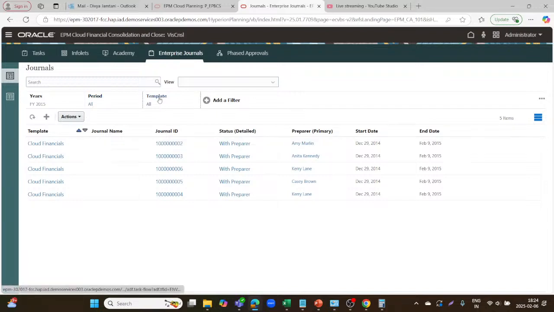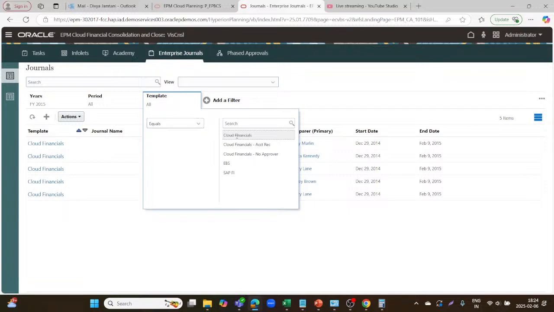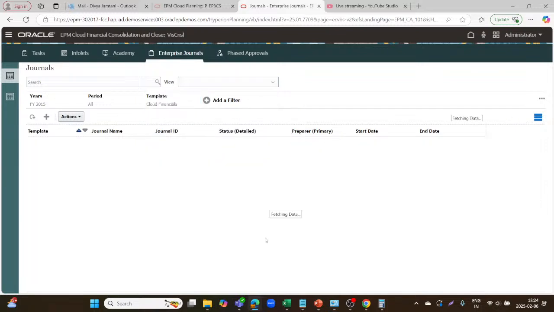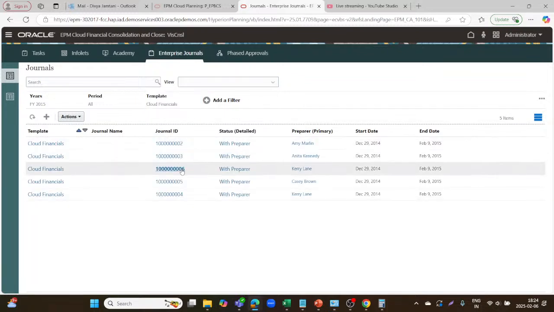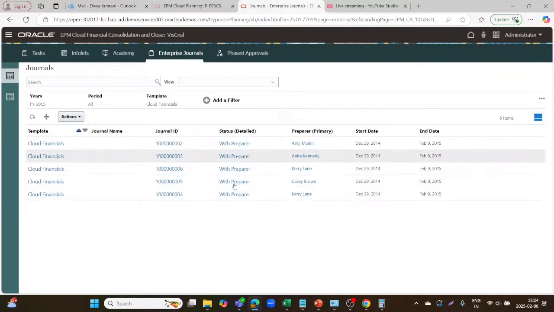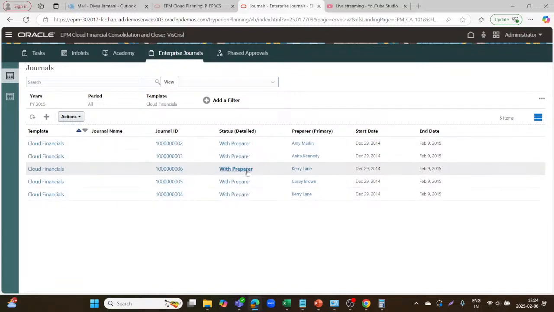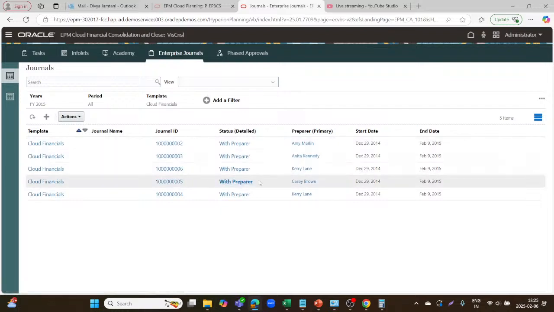Template, if you select, this is just the cloud financials. Yes, so 2, 3, 4, 5 and 6, these 5 templates are attached. So you were seeing 1, 0, 0, 2, 3, 4, 5 and 6. So here if you pick just one,